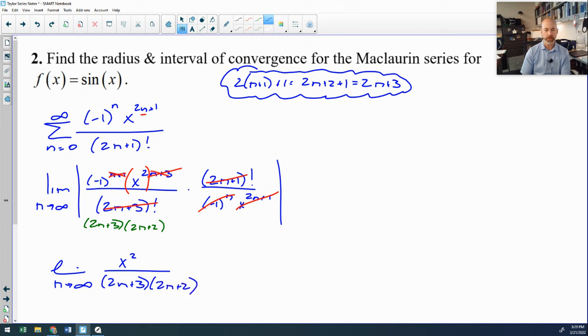And as n goes to infinity, my bottom degree is 2. I have an n squared down here. There are no n's on top. And so this limit will equal 0. And for the ratio test, you need your limit to be less than 1. And I believe 0 is indeed less than 1, regardless of what I plug in for x. So that means that my radius of convergence is infinite. We go on forever. And the interval of convergence